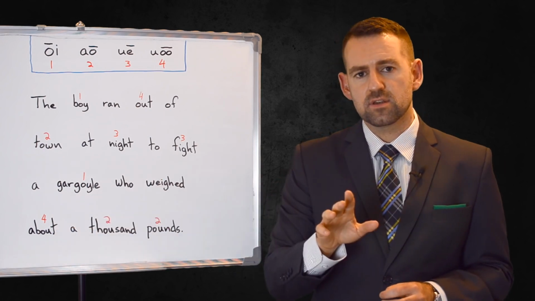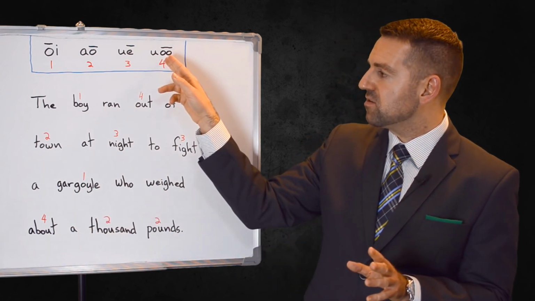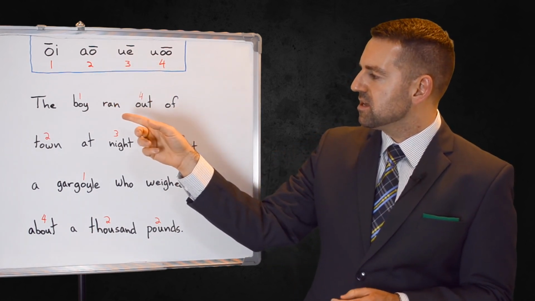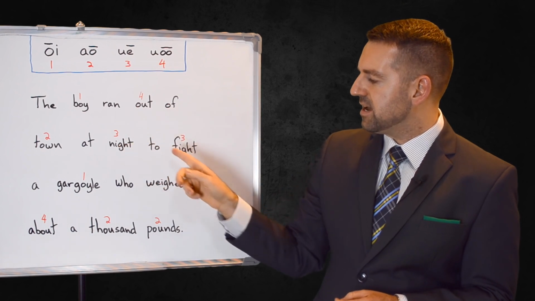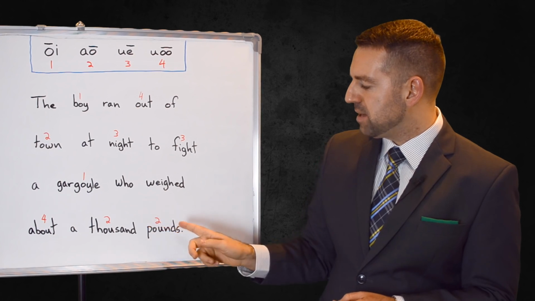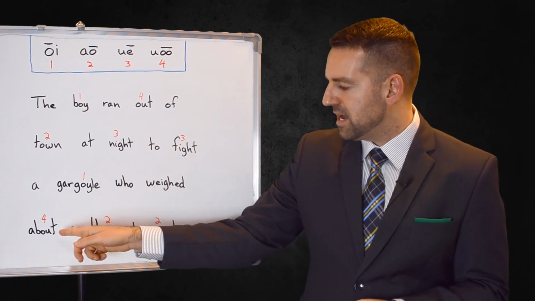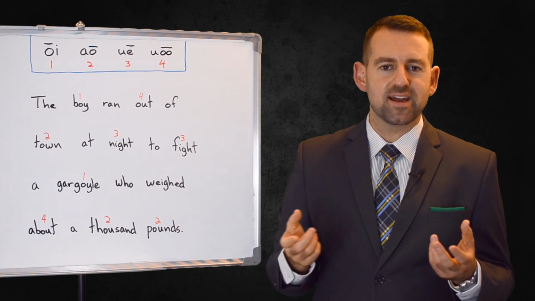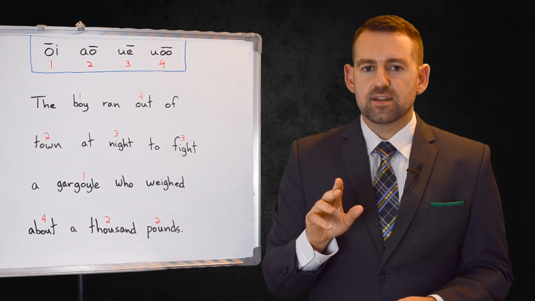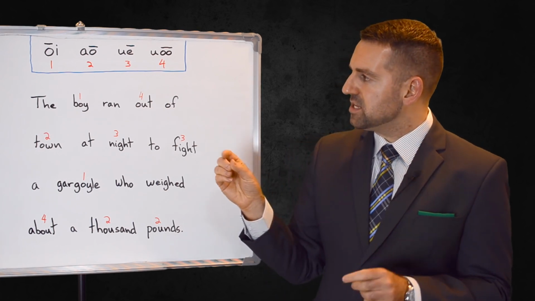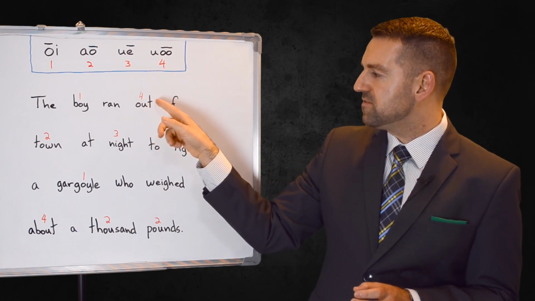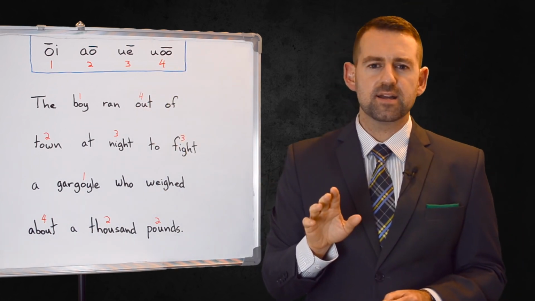Now, Americans, they don't have this sound. They always use this sound, ow. So they would say, the boy ran out of town at night to fight a gargoyle who weighed about 1,000 pounds. So out and about. In Canada, we say out and about. So the answer is that Canadians change this sound to this sound when it's followed by a